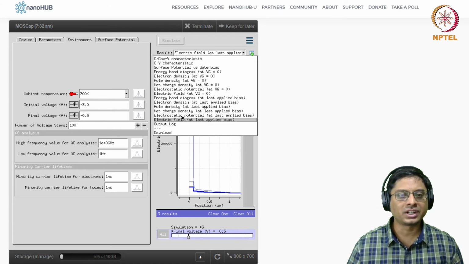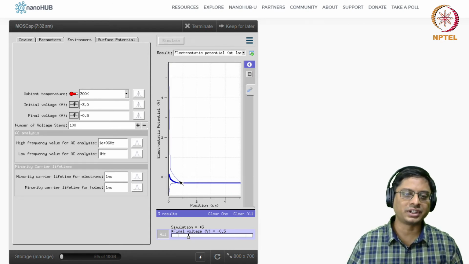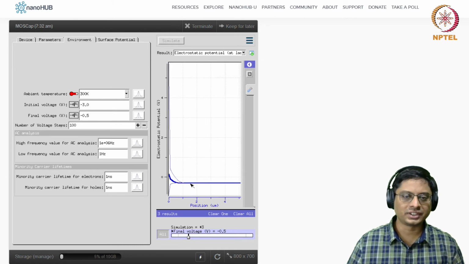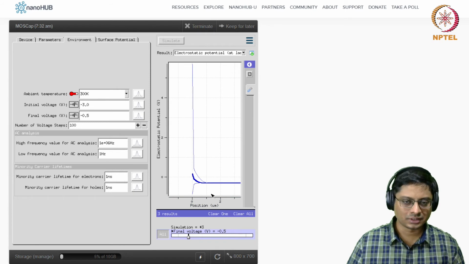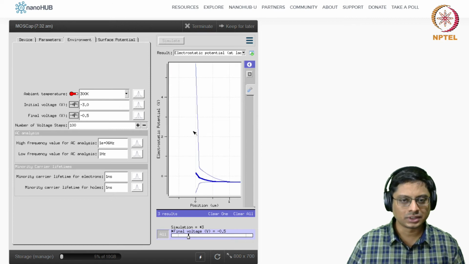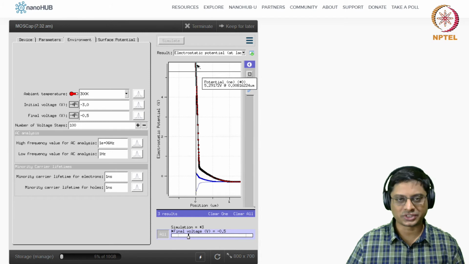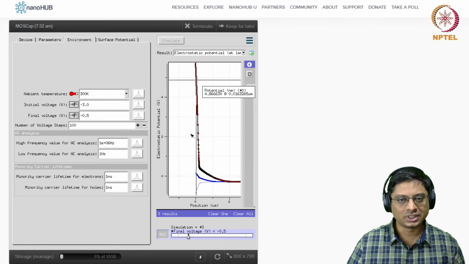If you look at the electrostatic potential, well, this is the surface potential I called it. In the semiconductor, there is a surface potential, and then there's a linear function, isn't it? So you see this. This is fantastic. You see the quadratic potential, and then there's a linear variation in the oxide. But this is at high inversion, and we already inverted this in the simulation case. This is for simulation 2.